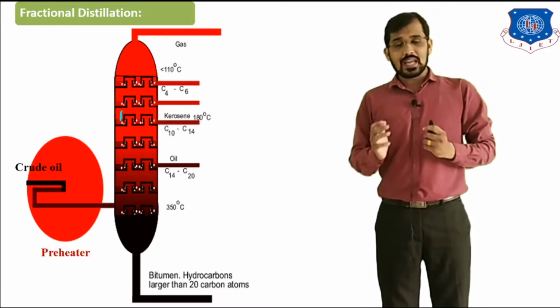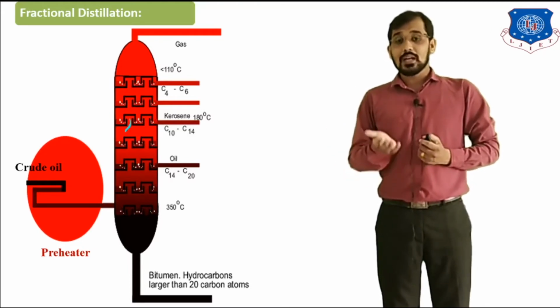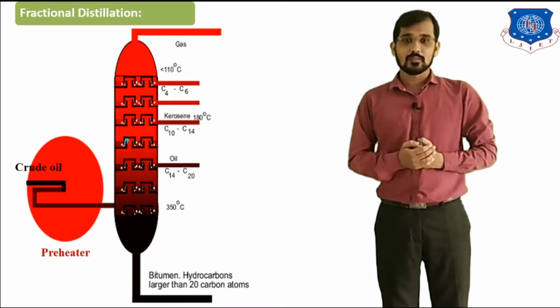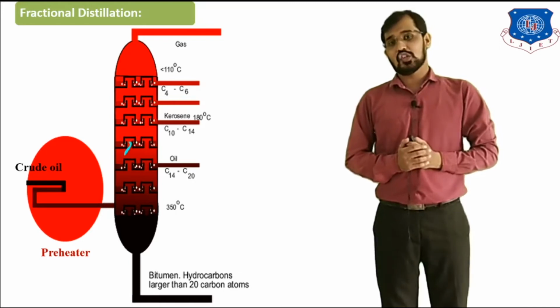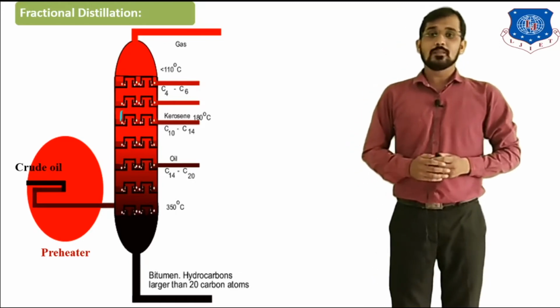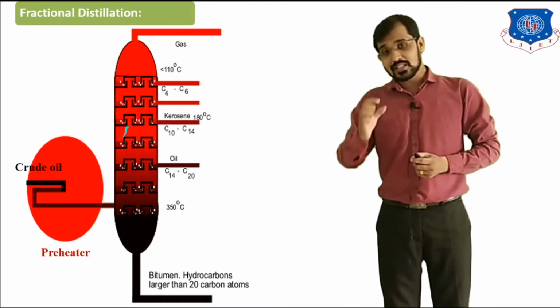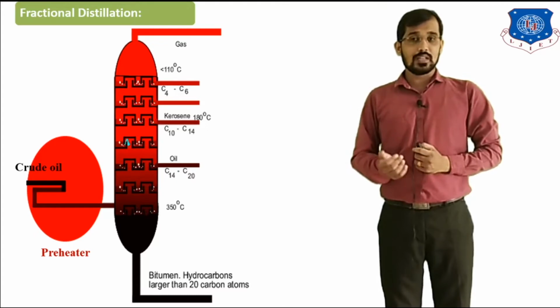In general I can say, if a large number of carbon atoms is present, it requires a large amount of heat, a high temperature, to break down. So for this purpose we can use vacuum distillation. In vacuum distillation we carry out the distillation process under vacuum, meaning we are minimizing the temperature requirement of the mixture of components for the distillation process.